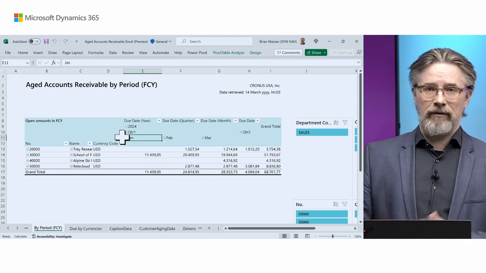But it is still aggregated data, and if you want to dig deeper, you will have to wait to one of the minor releases where some of the reports will contain more detailed data. You will have general ledger entries in the detailed trial balance. The accounts receivables, I know you will probably want to look at customer ledger entries. They will come with the customer balance to date report.